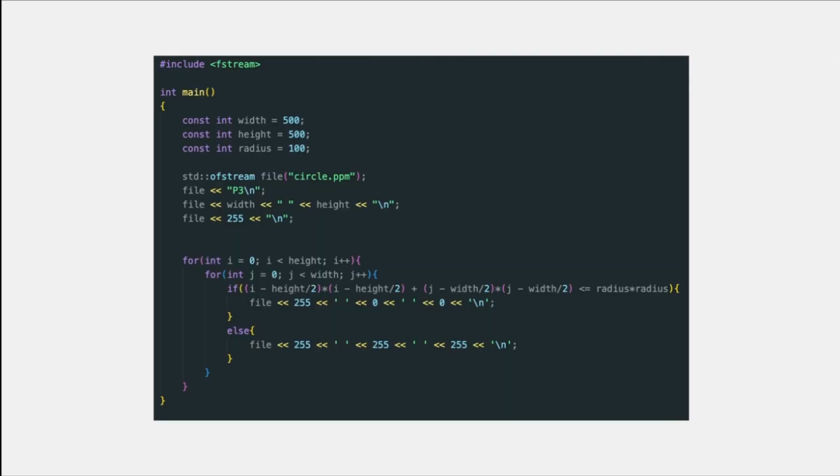Okay. So this is the simplest program I could come up with to work with PPM files. We just open a file. We output the metadata like P3, the width and height, and the maximum value. And then